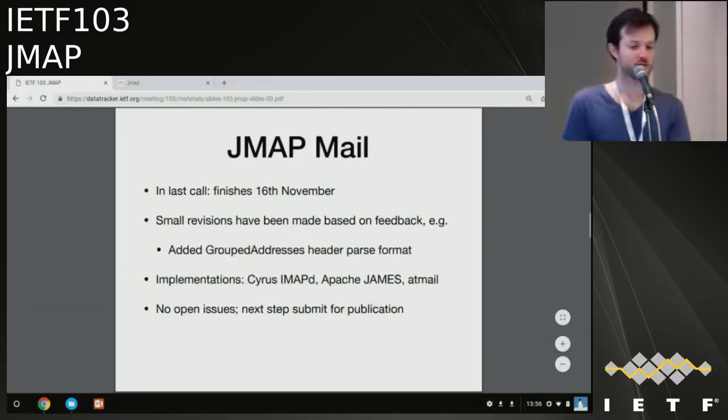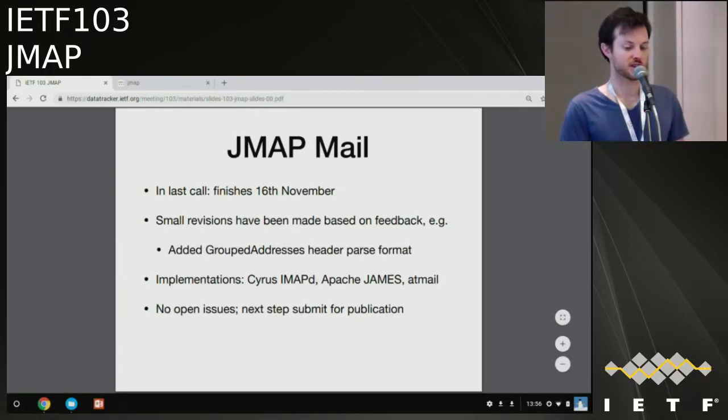Okay, so moving on. JMAP mail, the other spec, is basically the same status. It had small revisions, but I think it's in a very good shape. Last call finishes at the same time. Again, there have been at least 3 implementations I know of, although of various versions of the spec as it has developed.